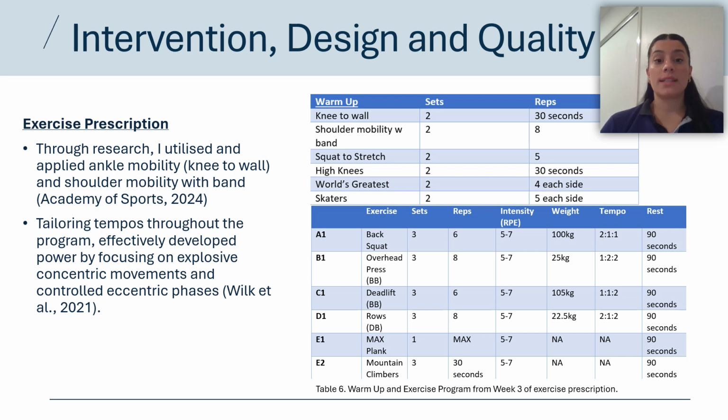I kept the exercises the same over the 4-week program. However, I was stricter on his tempos as this is a major component of power. Using specific tempos in the exercise program effectively developed power by focusing on explosive concentric movements and controlled eccentric phases. Tailoring the tempo to his short and long-term goals ensured that he built necessary strength and neuromuscular adaptations to maximize